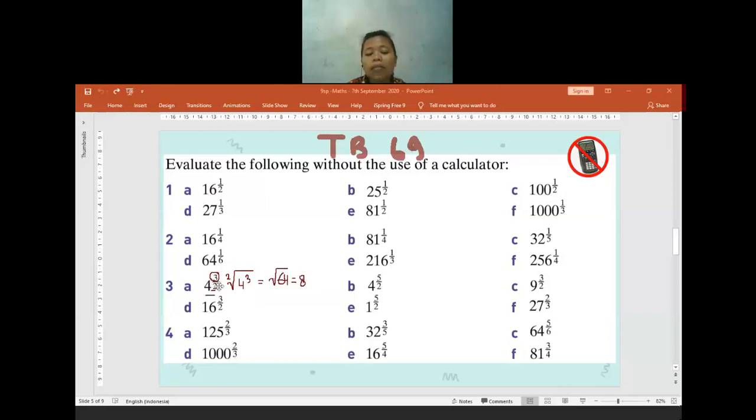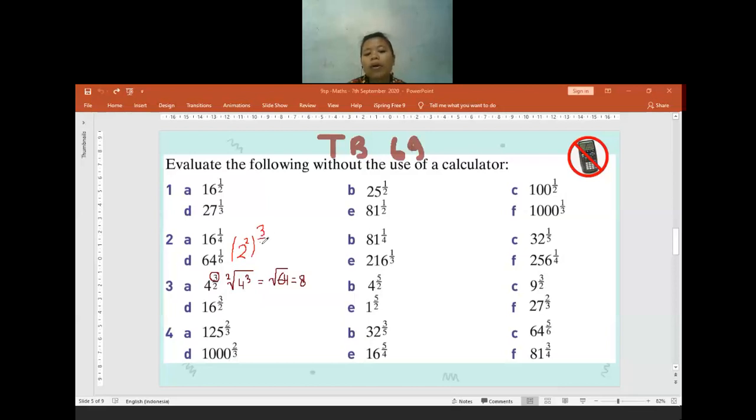There is another method that you can use. You can change the base number. The base number for question 3 is 4. You can change the number 4 into another index number. So you know that 4 equals 2 to the power of 2. So you can change it into 2 to the power of 2, and the number 4 gets another power of 3 per 2. So we can copy the power 3 per 2.